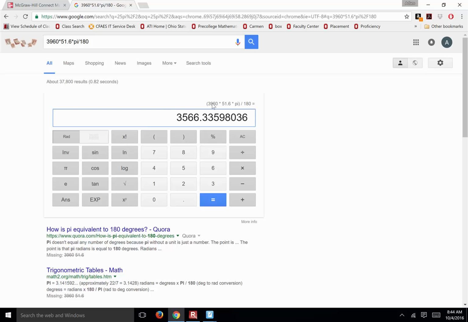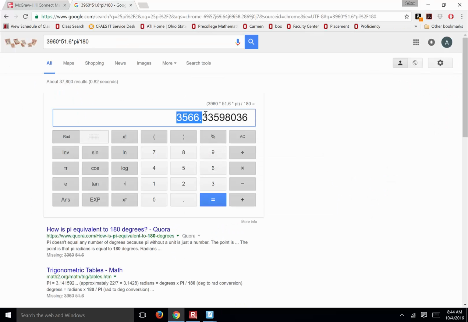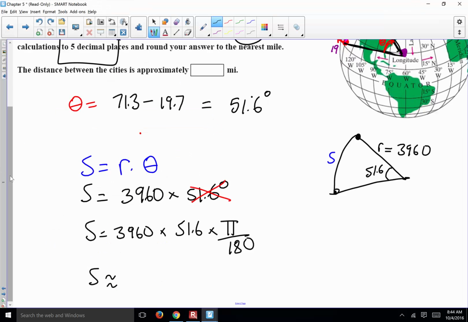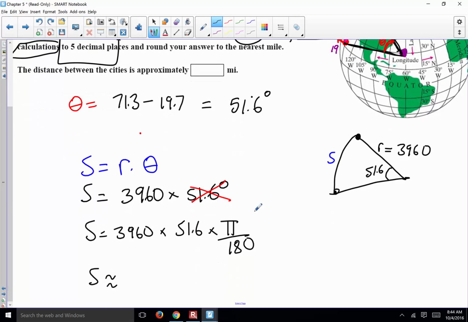Yeah, it makes sense. Let me double check my numbers. Yep, it seems right. 3,566, and up to 5 digits, right? The 5 digits is because it converts the radians before it multiplies. And then it just asks for the nearest mile. It says intermediate calculations to 5 decimal places. So it says change these into 5 decimals